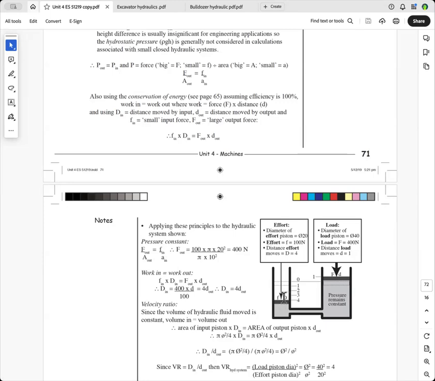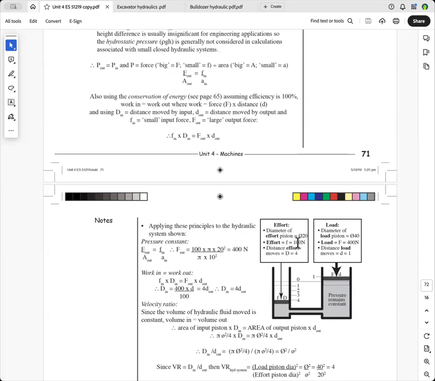Don't forget that D is distance, and we use that for this one here. Don't forget we're using this formula here. And so you just substitute and you can see that the force out will be 400 with you putting 100